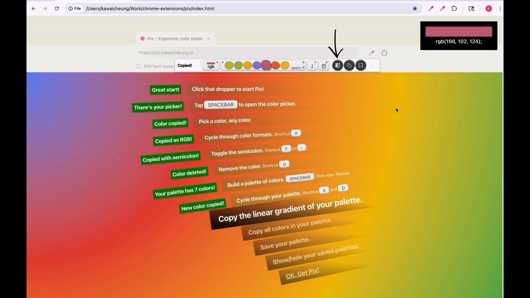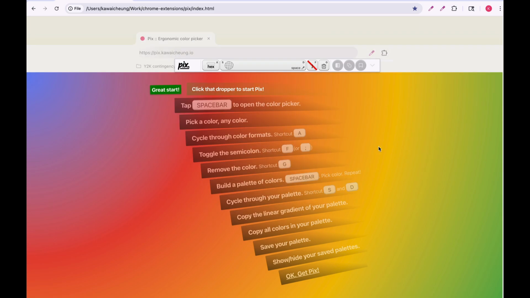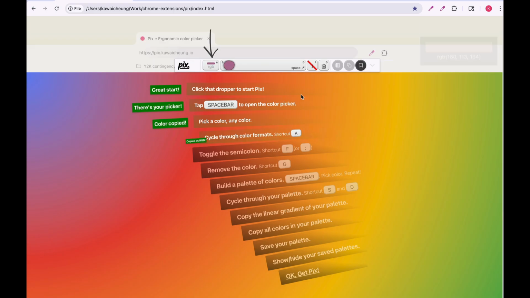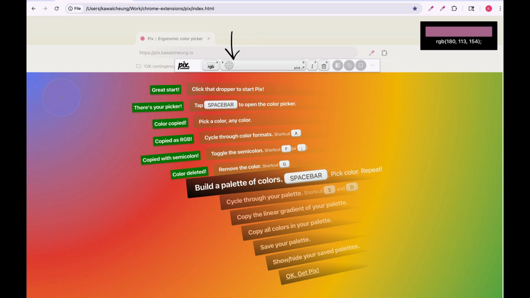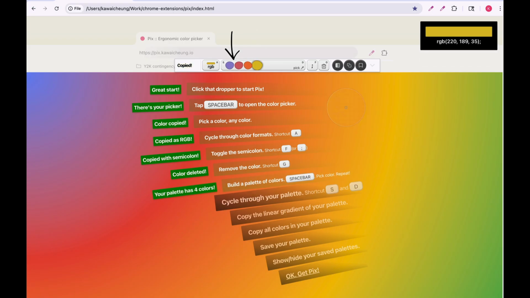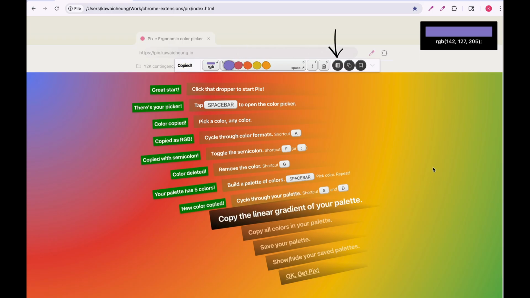So let me start over again. Let's go through all the steps here. A, F, G. All right, let me build the color palette again with a few colors. Now, without moving my fingers off my home row keys, I can get to the other colors as well. So A, S, D, F, G does all of the